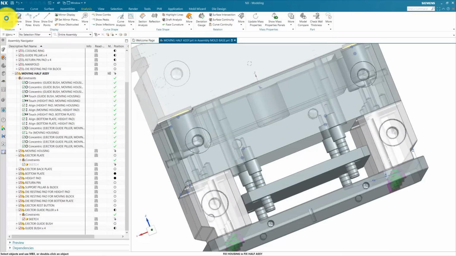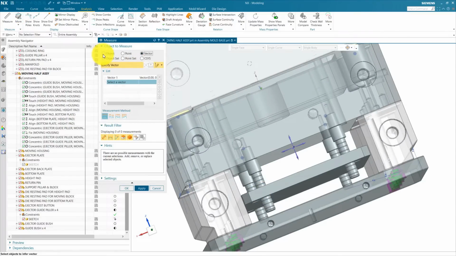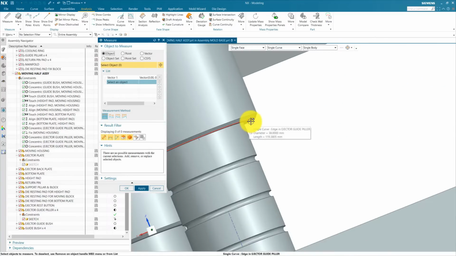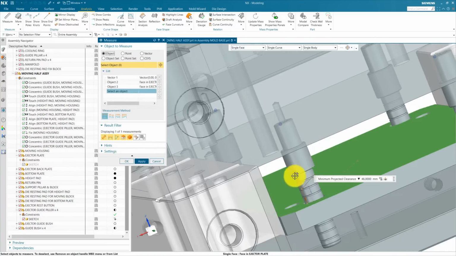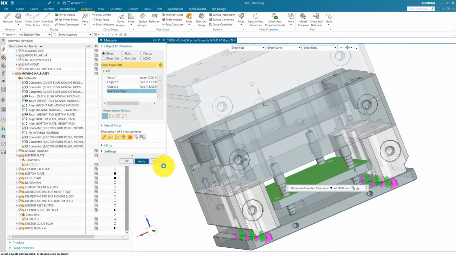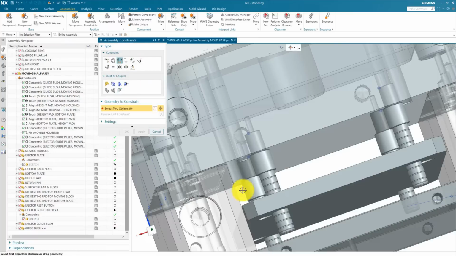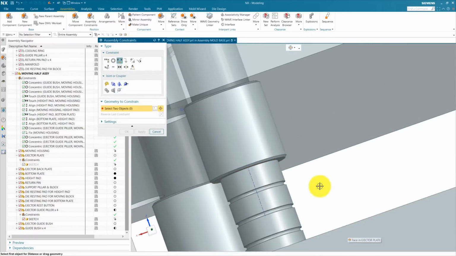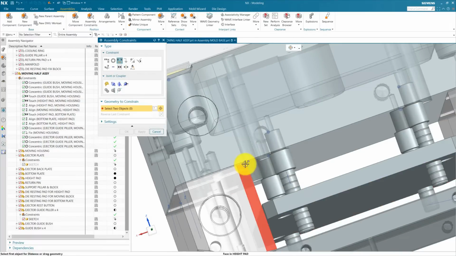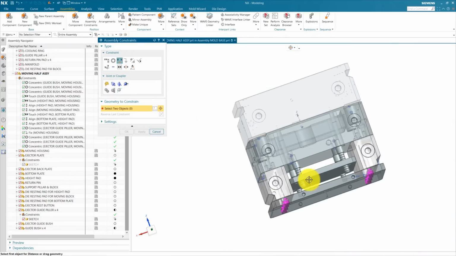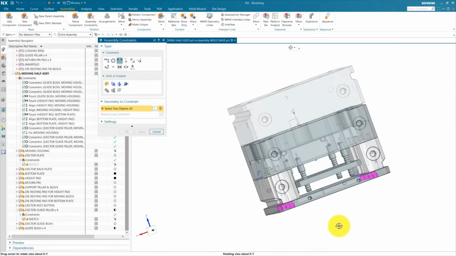So ejection height is a dimension between, define a vector and from this surface to this top surface of ejector plate. This is our ejection height. So that is 46. So our component is ejected 46 mm height. Okay, so how can we constrain this ejector plate? One method is go to assembly constraint and define a distance from this surface to this surface 46 mm. This is done. Our ejector plate will be at a correct position by using this. But in that case, there is more chance of failure in our assembly.